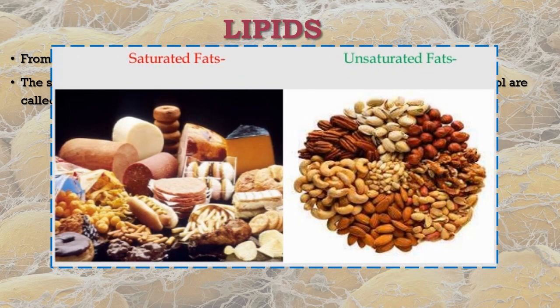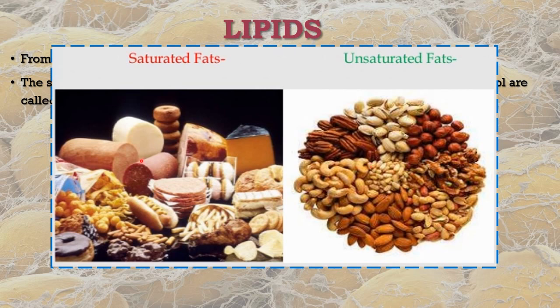Fats can be majorly classified into two important types, that is saturated fat and unsaturated fat. In 9th standard, you have learned about saturated and unsaturated carbon compounds. In unsaturated, you will see there will be a double bond linkage and triple bond linkage between carbon, whereas saturated will have only single bond. Actually, when you see the saturated fats, as you can see where we are obtaining from saturated fats, they are not good for health. Whereas the unsaturated fats, which are thicker, are very good for health.